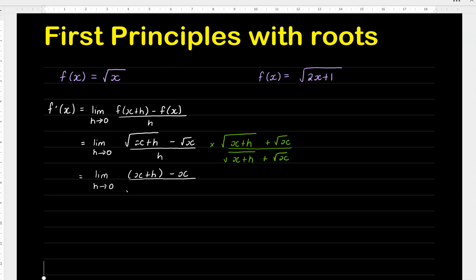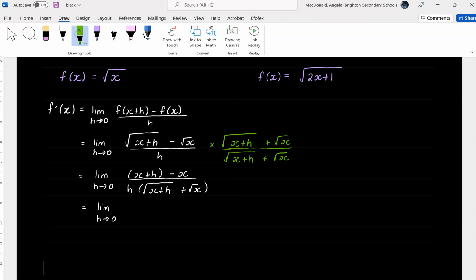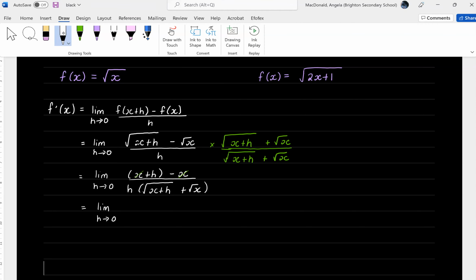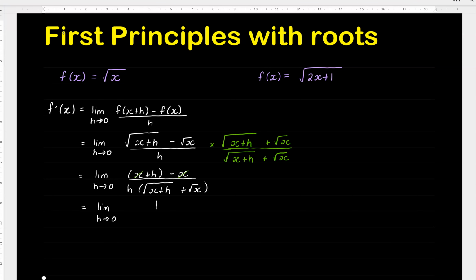Okay, downstairs we will have the root x plus h plus root x. That's your downstairs, but remember we are timesing that by the h. Okay, now if we're looking at the top line, you'll see some things cancel out. So we've got the x minus x, that cancels out, and then we can divide the h by h. So that cancels, and we're left with 1 over root x plus h